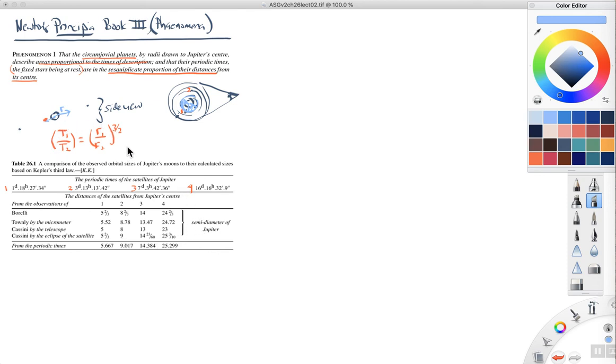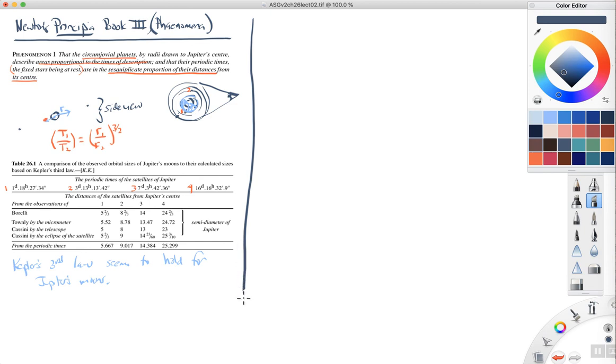In other words, Kepler's third law seems to hold. So this is the upshot: Kepler's third law seems to be true for Jupiter's moons. That is, they orbit Jupiter, and when you compare the orbital times and the orbital radii, they follow Kepler's third law. And again, this is going to be important in establishing Newton's law of gravity. Okay,